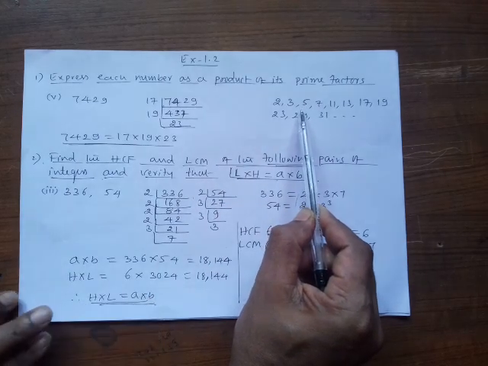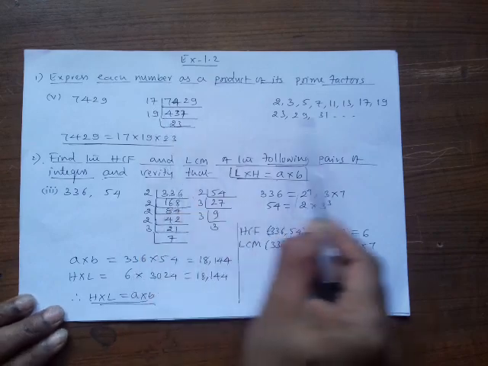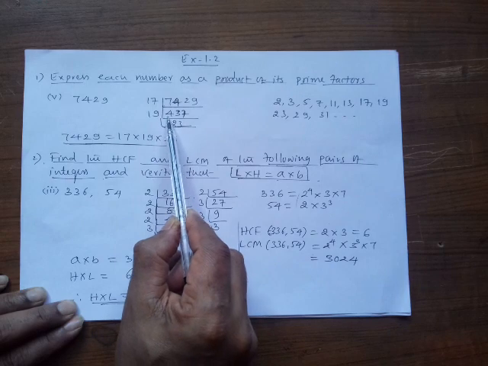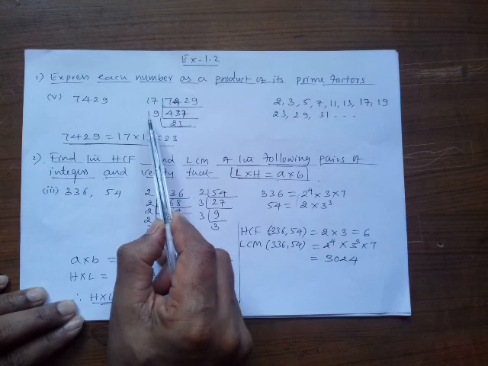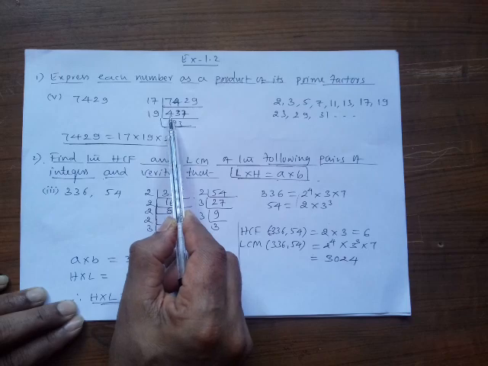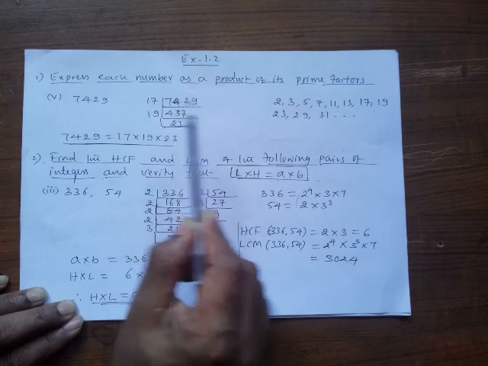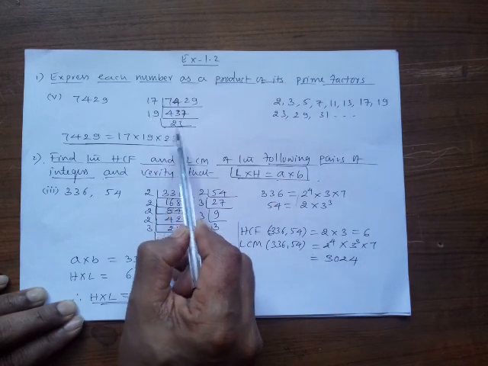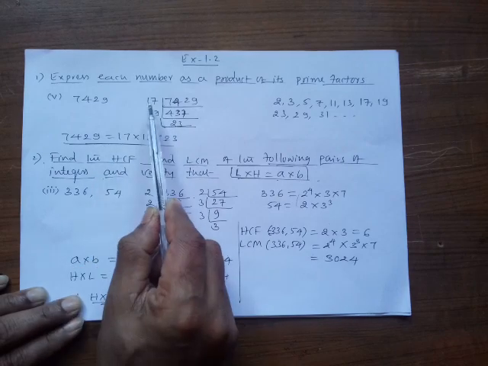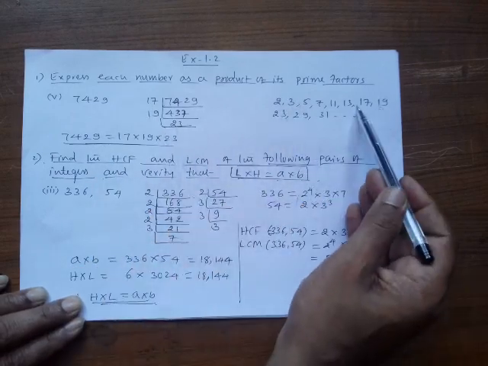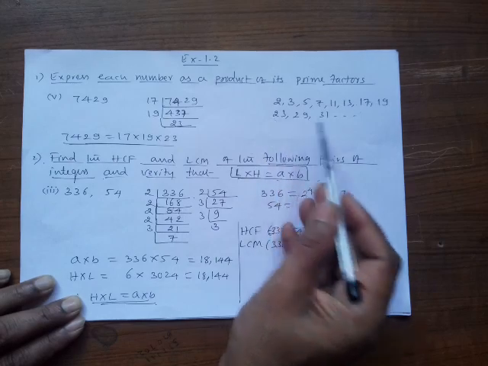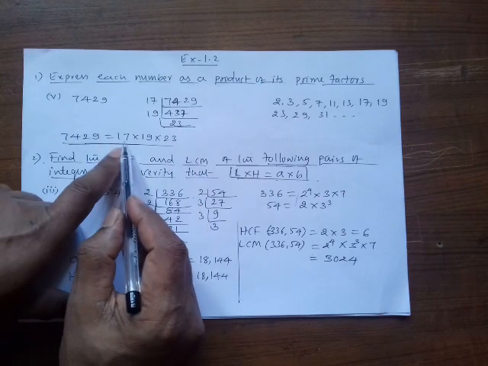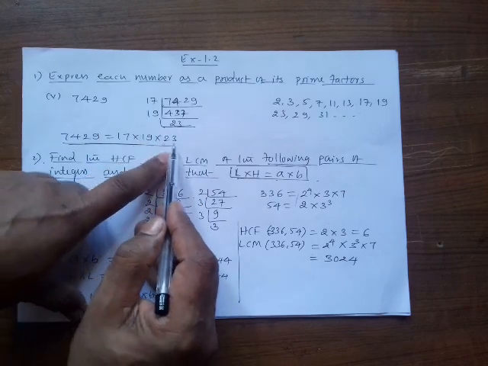So like this, you have to check. See, here the given number is divisible by 17. The quotient is 437. Again you have to follow the same: divide 437 by a prime number only, because you have to find the prime factors. On dividing 437, the quotient is 23. So all three are prime numbers only: 17, 19 and 23. And it is written as 7429 is equal to 17 into 19 into 23.